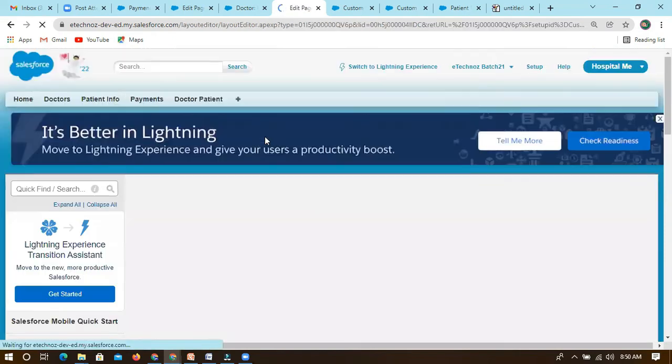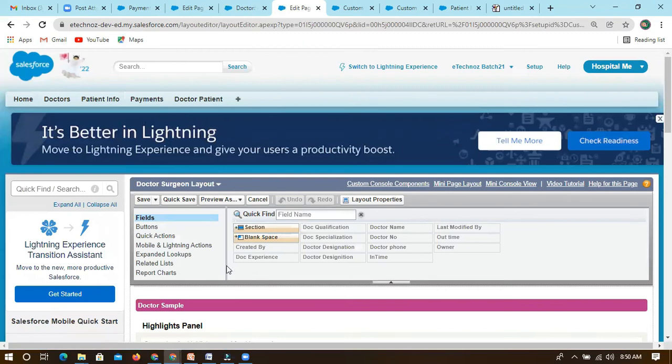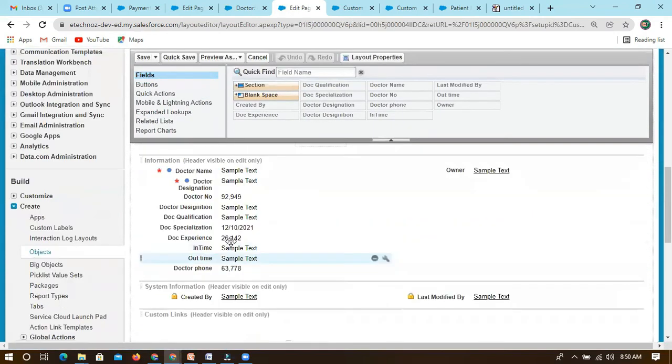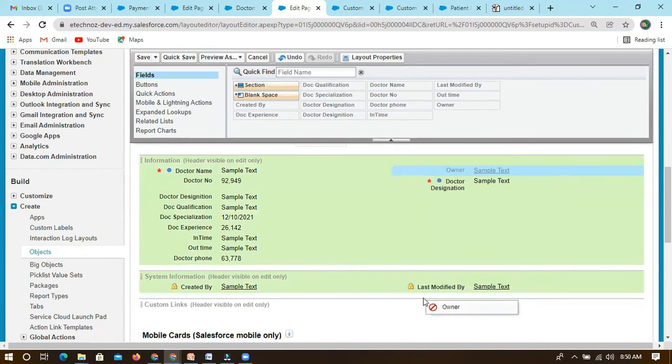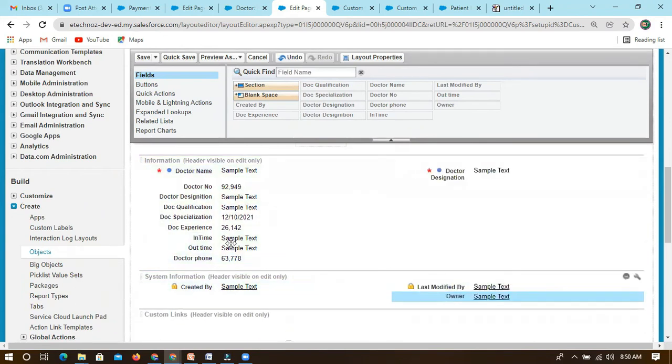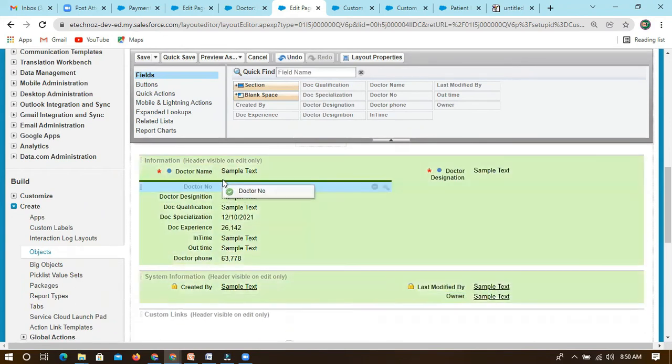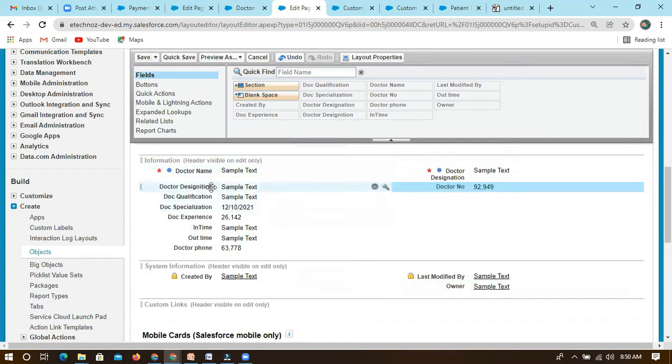For this surgeon type layout, I'll give only those related fields. I don't want to display all the fields. Doctor name is required, and I want to place doctor designation here. Owner I don't want here, so I want to place owner in the system information itself. Doctor number I want to display here. Doctor designation, yeah, this is fine. And then qualification, specialization, experience, and time out time.